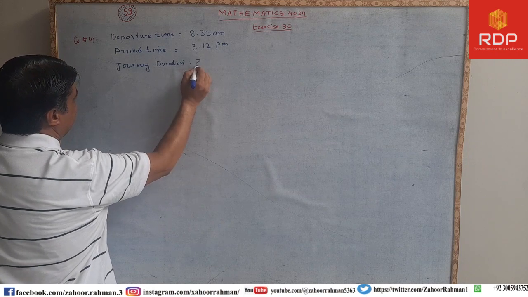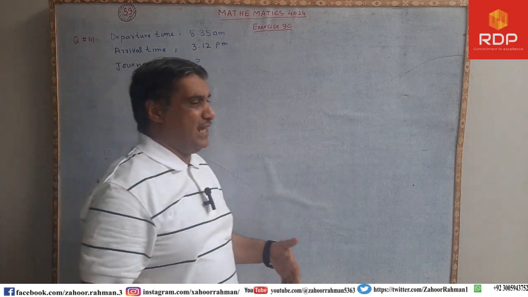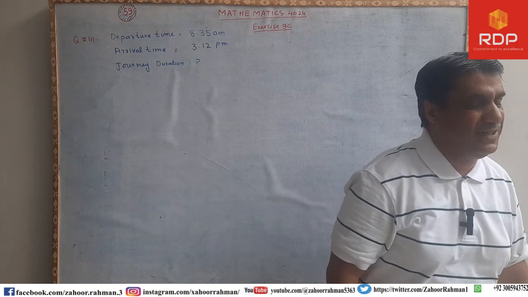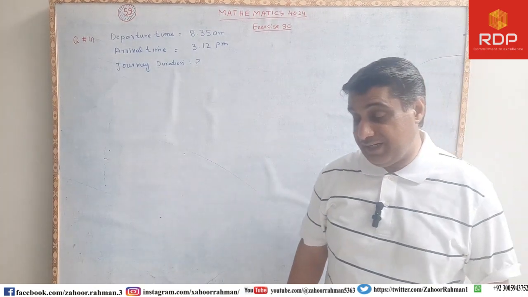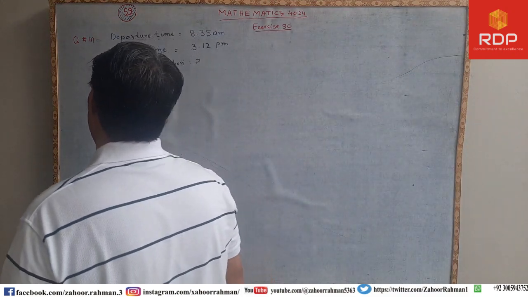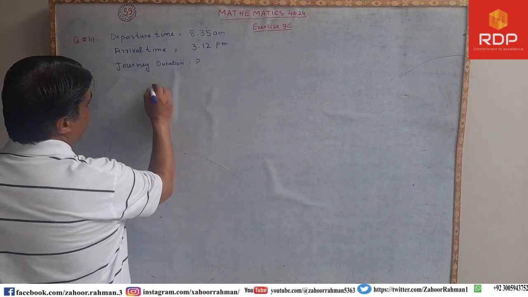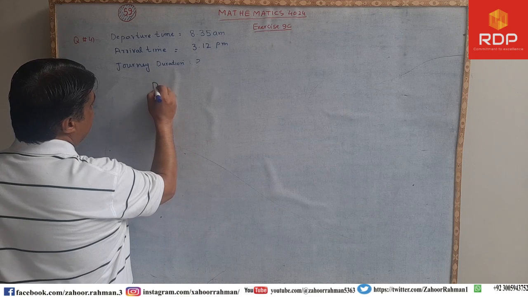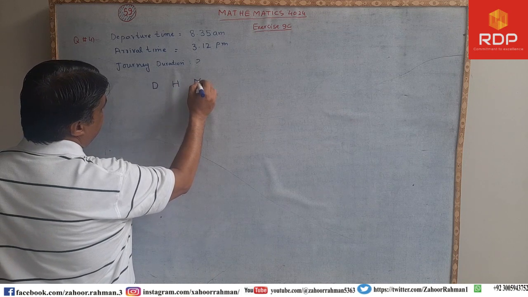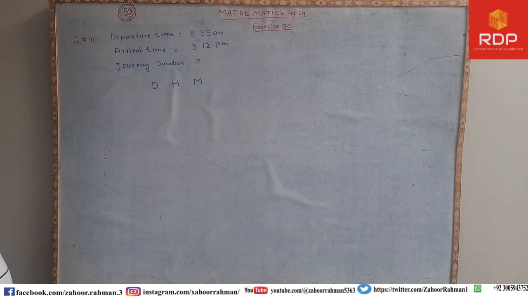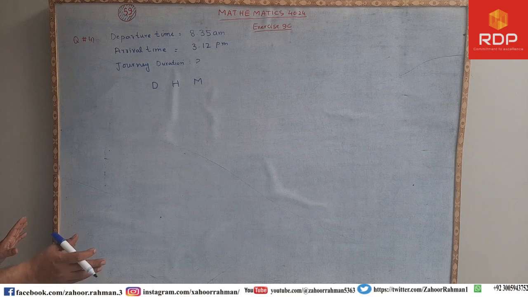So here table-like questions are given, but you have to think on it. So ladies and gentlemen, again you have to write D, H and M. This is a very easy way. So duration of journey